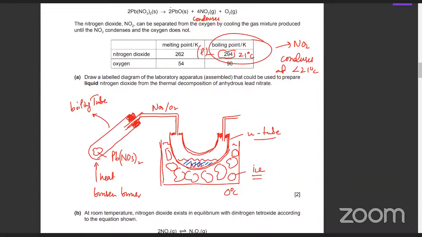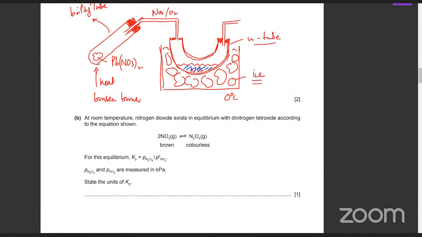So if NO2 condensed at, let's say, 90 degrees centigrade, then you don't need ice. You could have done that with a normal condenser, like in distillation. You could have used the distillation apparatus, and you could have condensed it using a Liebig condenser. But a Liebig condenser has cold water in it. Cold water at best will have a temperature of around 25. I mean, it's not even cold water; it's just normal tap water. So that could just lower the temperature to 25 or 30 degrees centigrade. It won't lower the temperature further. So for that, you need ice.